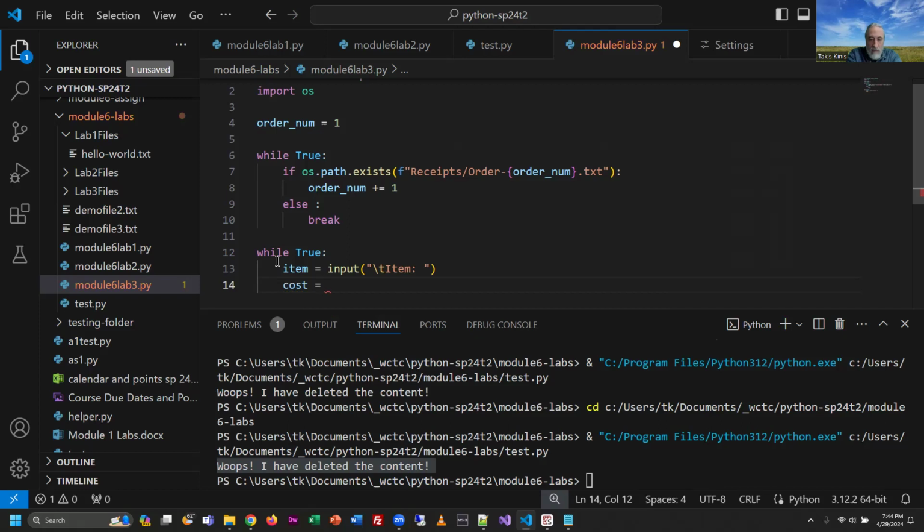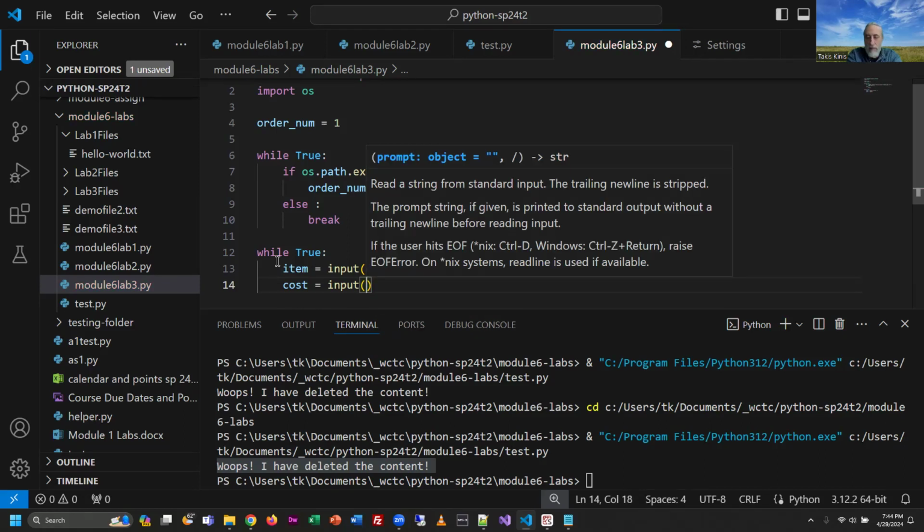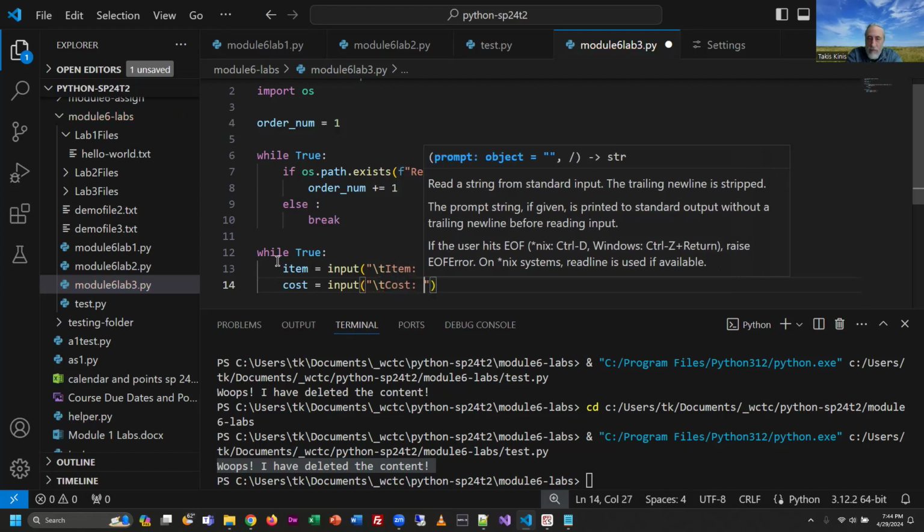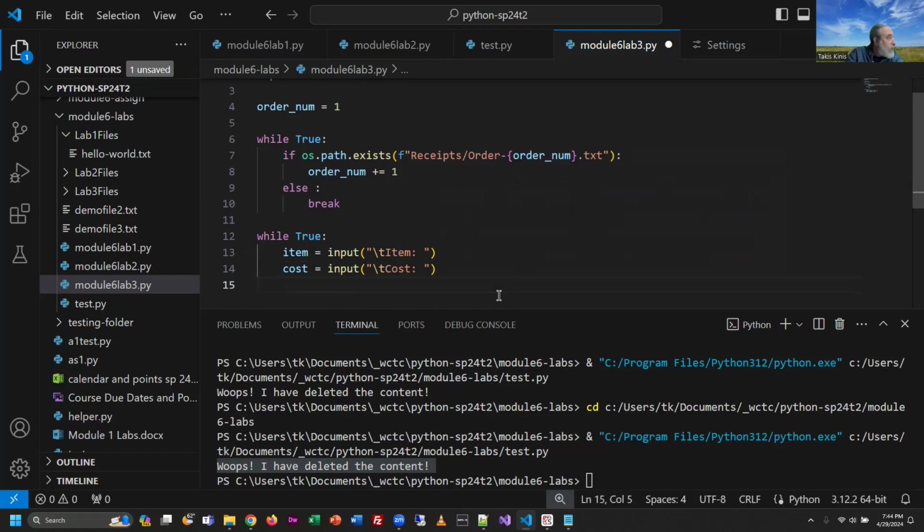Prompt for cost. Also put a tab stop at the beginning. Yeah, we probably should convert that to a number and do a bunch of stuff to it, but that's not